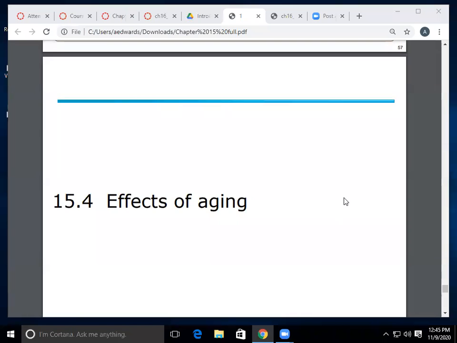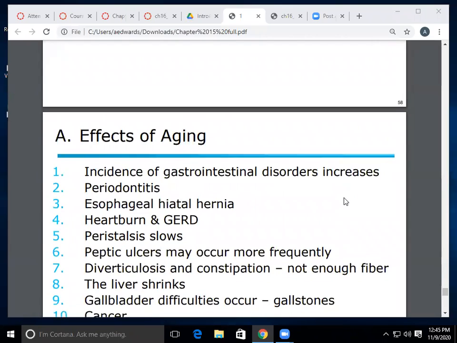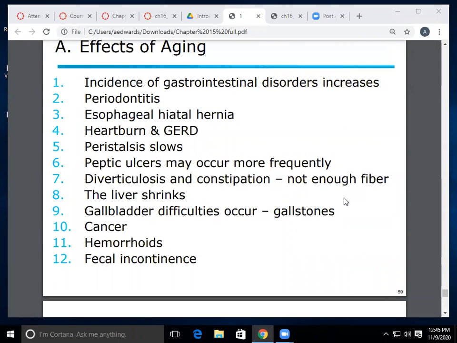So now that we've covered chemical digestion, let's move on to effects of aging. Every organ system we talk about aging and homeostasis. So let's get into talking about aging. So what impact does aging have on your digestive system? Well, I'm glad you asked. So there are at least a dozen, right? Because we got a dozen listed here. But some of the major ones include